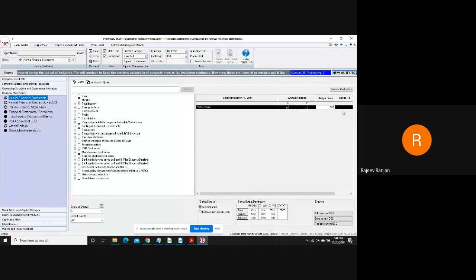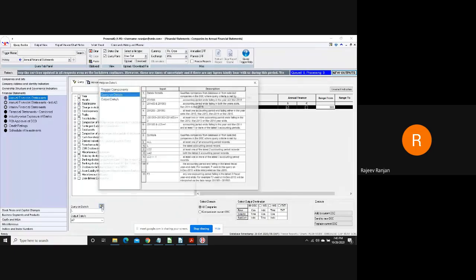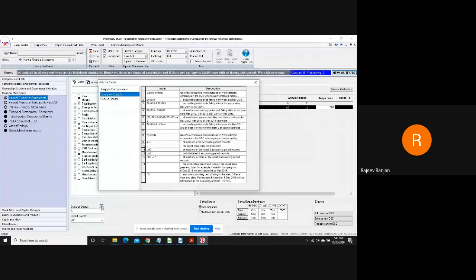Now it's very important on which date this condition is getting satisfied. So there's a query on date here. Before I type in a query on date, there is a help on date, and as a user you can refer to the different formats of dates available here, and you can use these formats. So typically year and the March month says that this is the FY ending. So when I say 2020-03, it will look at the 2019-20 FY.